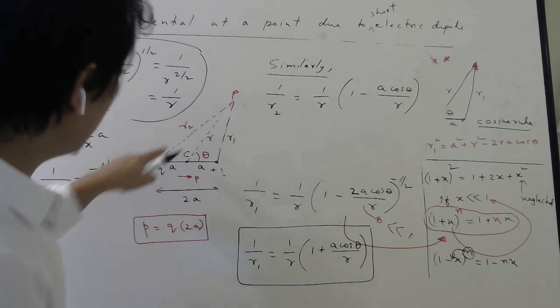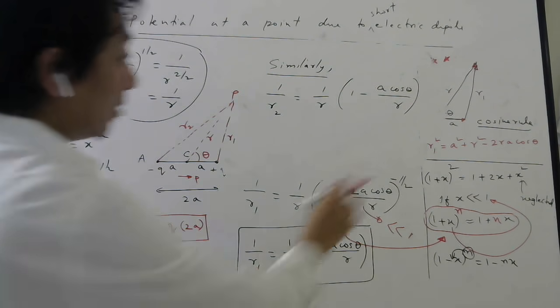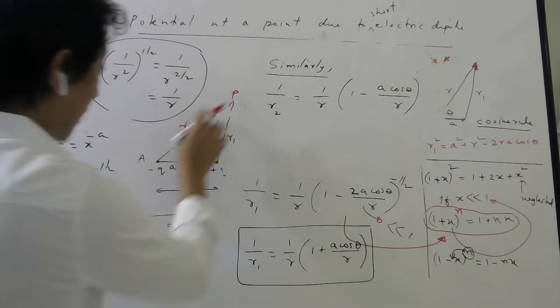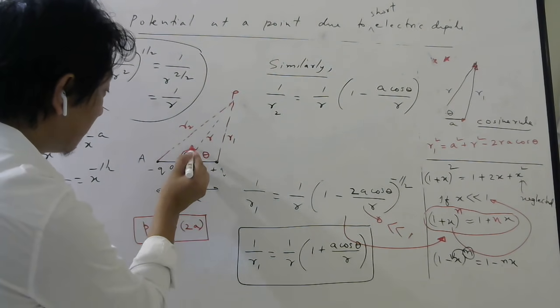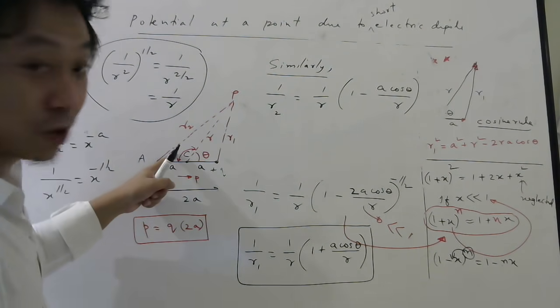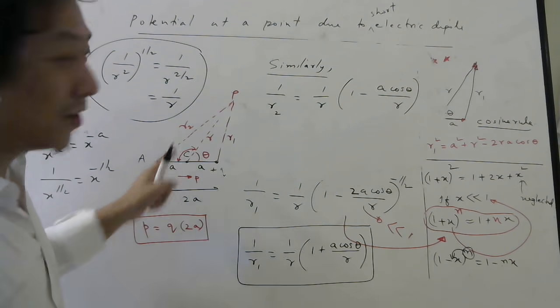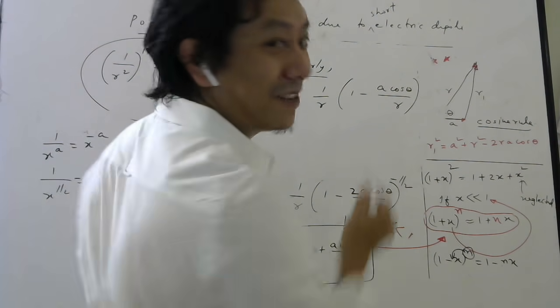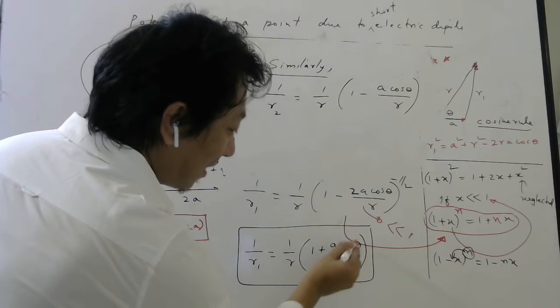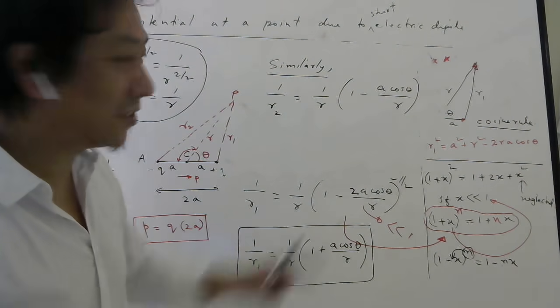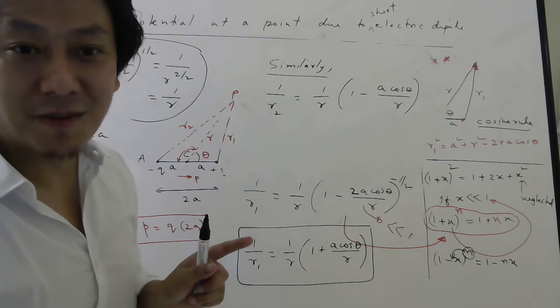Yeah, r2 is this side. So I can use this cosine result for finding r2 also, but I will need this angle. And that angle will be how much? 180 minus theta. So wherever is theta, you write 180 minus theta, your answer will come here. So put 180 minus theta here. What will you get? Minus cos theta. So that is how it becomes minus.